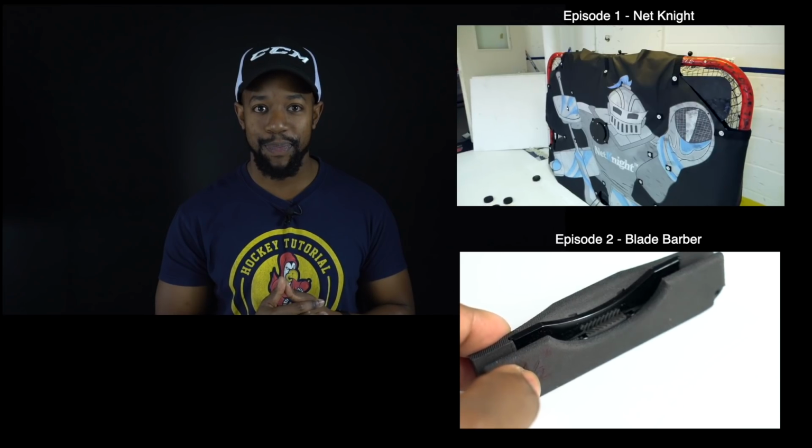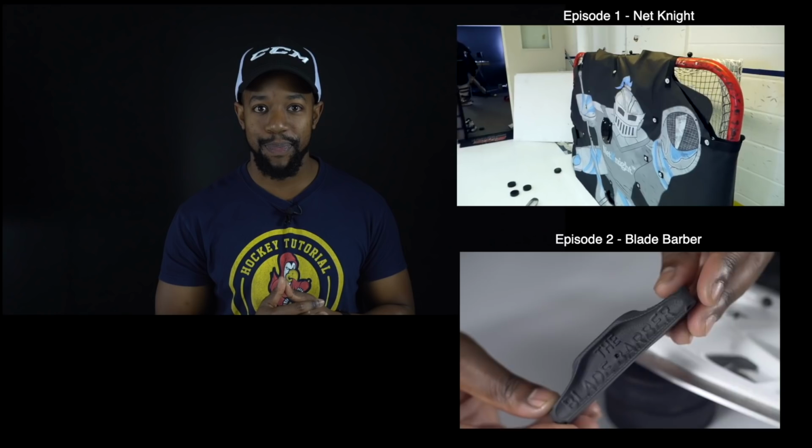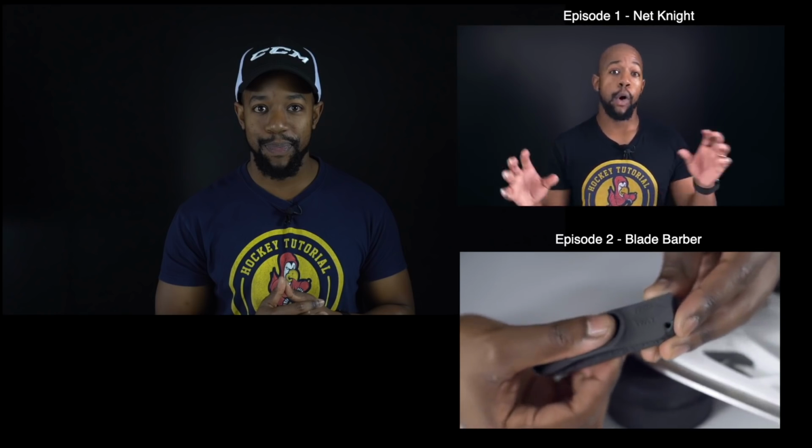Now, in terms of the construction of the blade barber, it's incredibly straightforward. The body of the blade barber has a pocket for your thumb and also your fingers to be able to go into. So it's compact, but it's still very